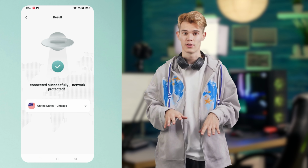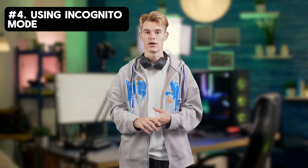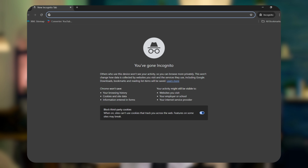Once it's set up, just connect to the country of your choice and start comparing flight prices as if you were booking from there. Another simple trick: always use your browser's incognito or private browsing mode when looking for flights. This stops websites from saving your search history or using cookies to track your interest in specific routes. It's a super easy way to make sure you're seeing the real, unbiased prices, and it keeps your search private